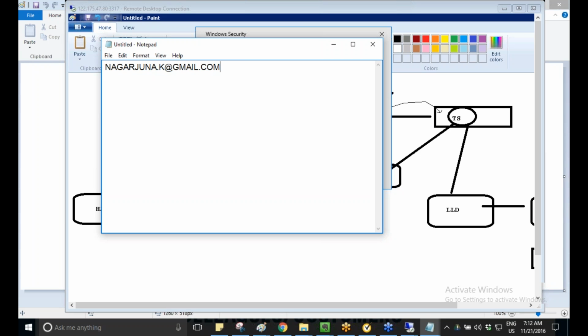At the same time, I encourage everyone to start reading the material HA100. HA100 is nothing but Introduction to HANA. So how do you access this material? Just go to the Dropbox. I will show you how to access these materials. Once you are inside the Dropbox,